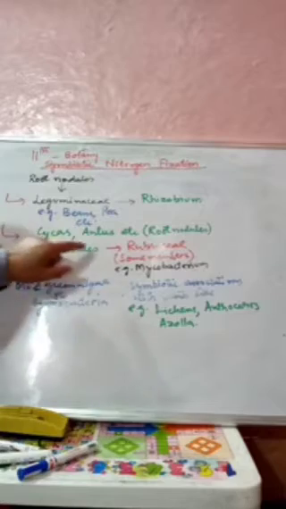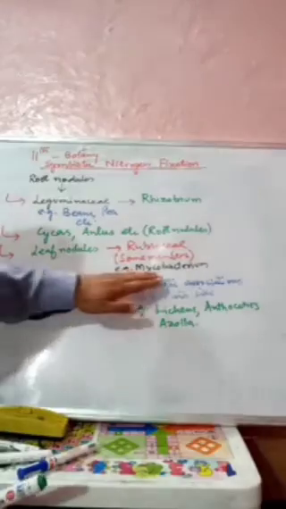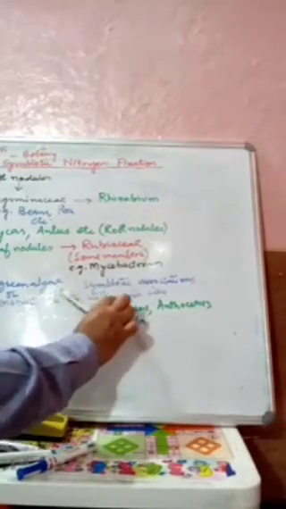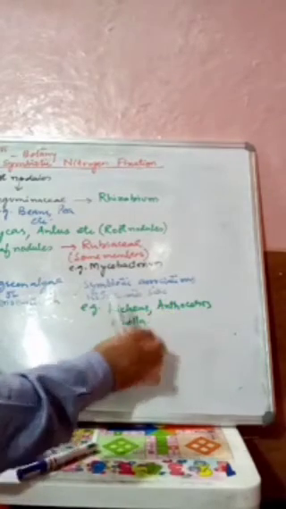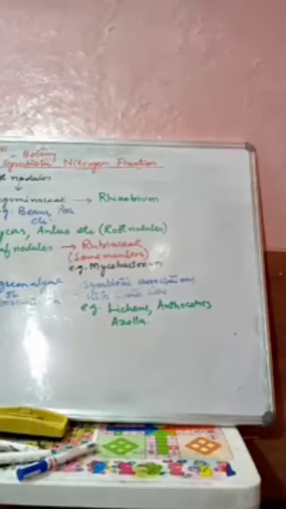This symbiotic bacteria is also found in the leaf nodules of some members of the family Rubiaceae, and the bacterium here is Mycobacterium. Now, blue-green algae or cyanobacteria also show symbiotic association with some plants. We have examples: lichens, Anthoceros, and Azolla. This is where the symbiotic bacterium survives and lives.